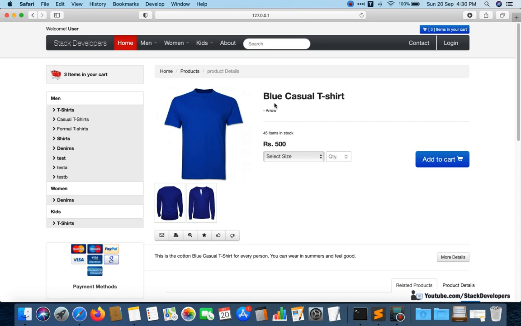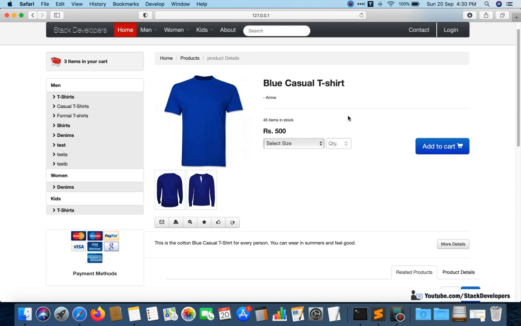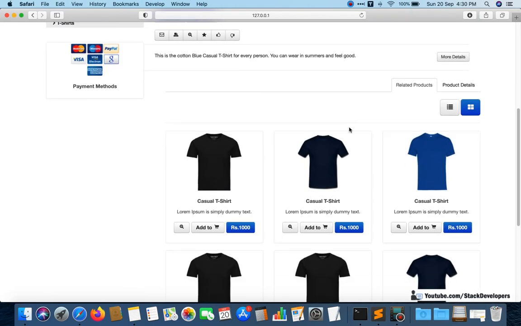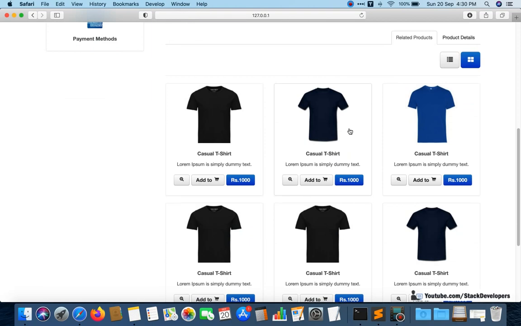Like if we have the blue casual t-shirt, we are going to display other t-shirts as well in related products, and we are not going to show all the products. We will only show 3 or 4 or 5 or 6 related products. And we can also display random products here, so that the user is able to see a new product every time.